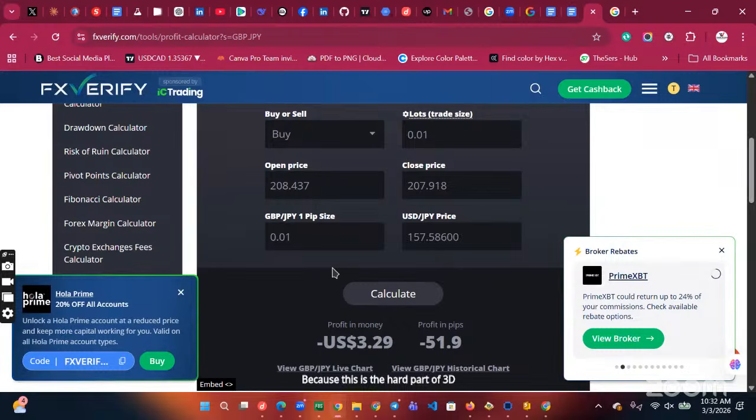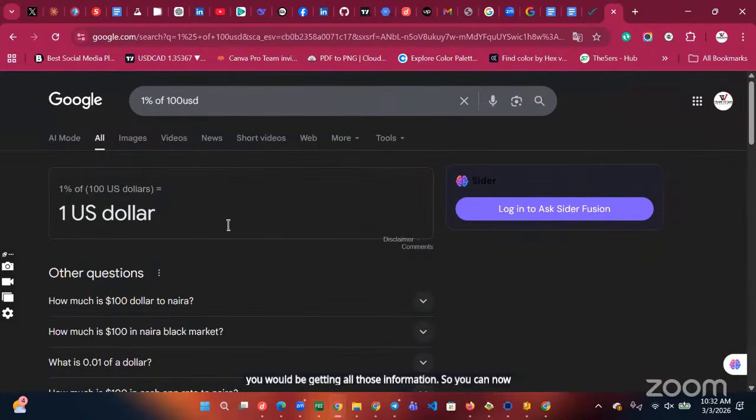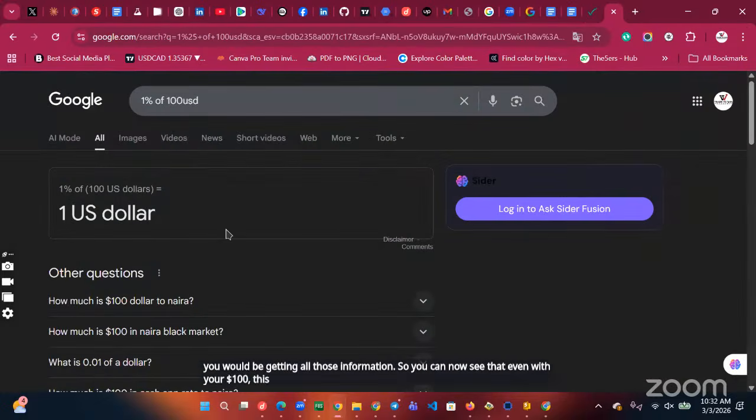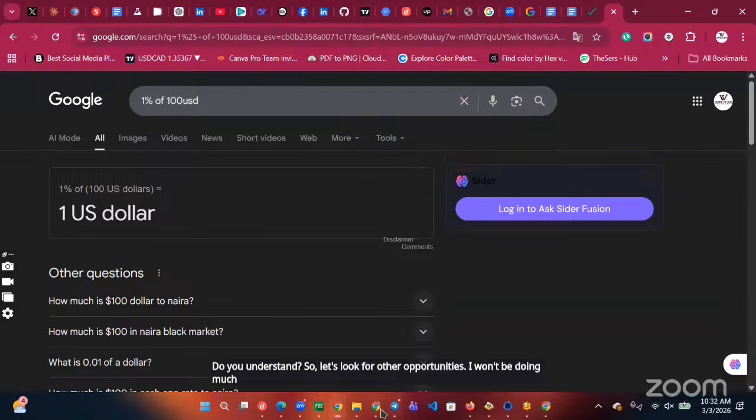You do your analysis. This is us doing proper technical analysis. Of course, there are still a lot of advanced things. That's why when you come into the mentorship program, you would be getting all that information. So you can now see that even with your $100, this trade that is so effective, you cannot take it. Do you understand? So let's look for other opportunities. I won't be doing much talking. I'll just be scanning. So on your MetaTrader 5, you go to your